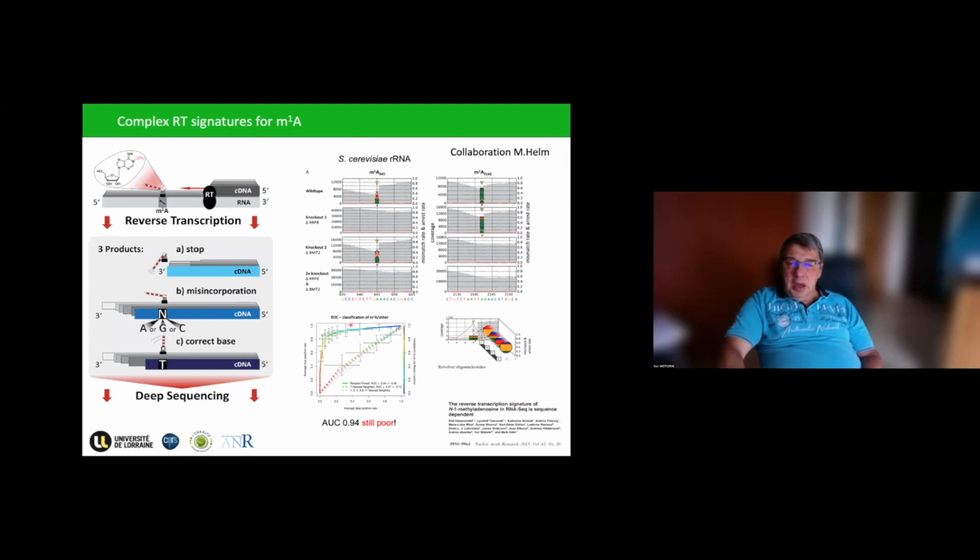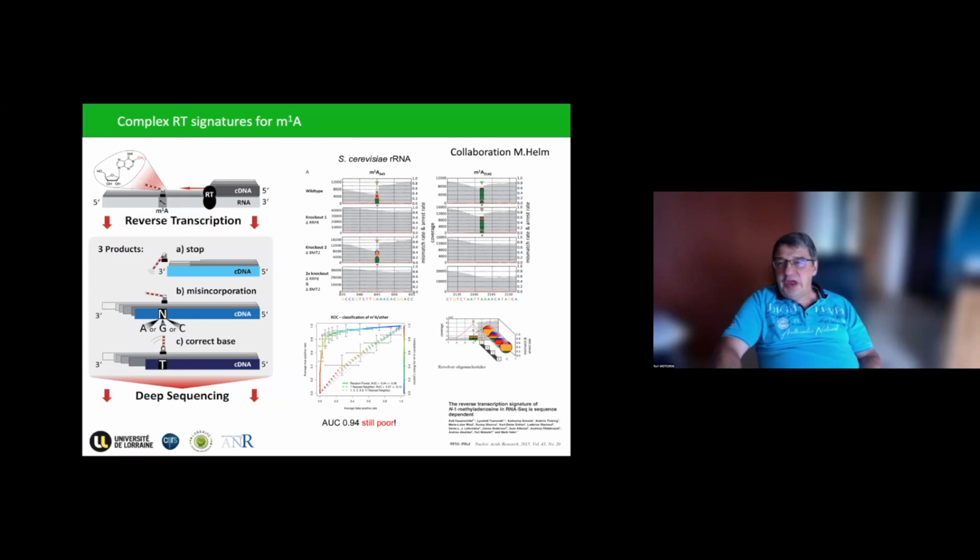So the ROC curve, which allows identification of modification, is not bad. The best AUC, area under the curve, is approaching 0.95, but it's still very, very poor for serious transcriptome-wide analysis of modification, because at this level of AUC, you still have a lot of false positives. So the method also allows quantification